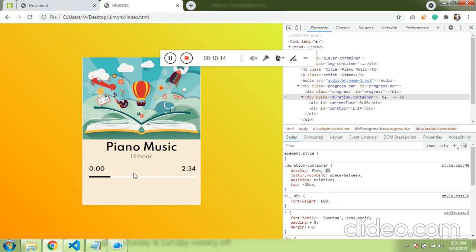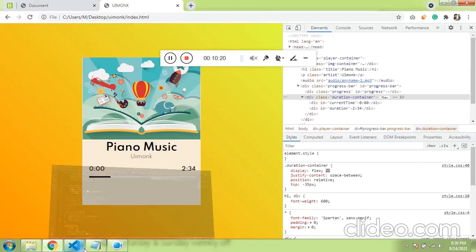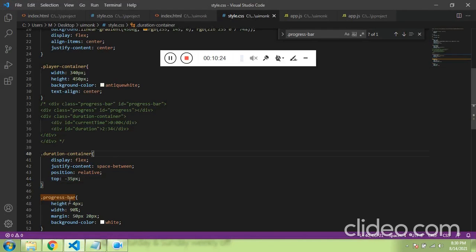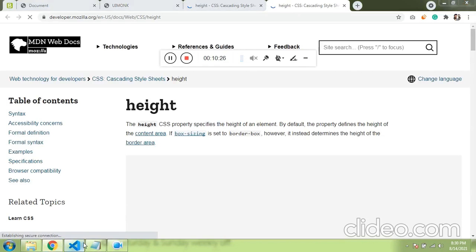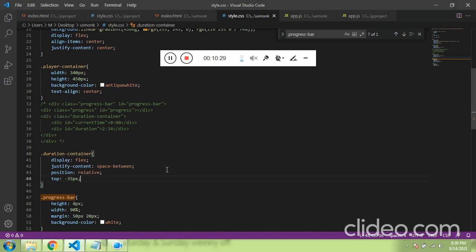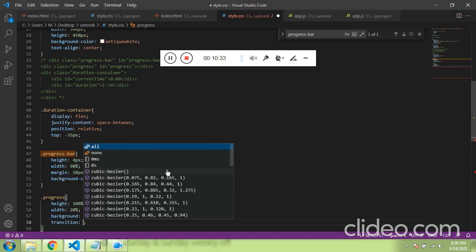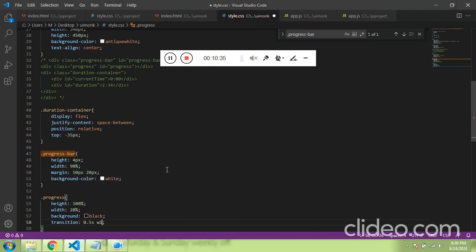Cool, not bad. Now finally what we need is, we just need the buttons. So let's start designing the buttons. And one more thing, for the progress ID which we have given, which is inside progress bar, let's give the transition 0.5s, the width of linear.